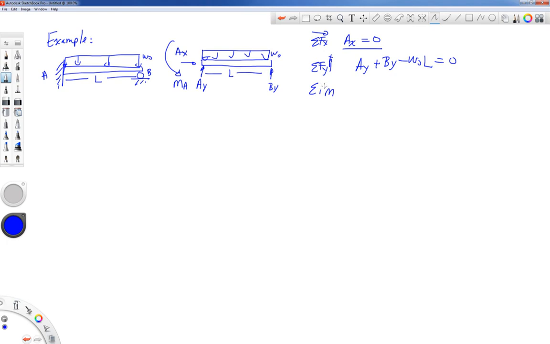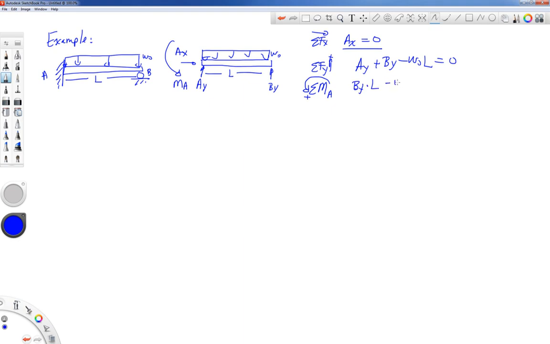about, well, let's do point A. We can go anywhere. You can only get one useful equation this way, so you can't get additional equations by doing additional points. But if we do the summation of moments about point A, that way positive, we're going to have BY times L